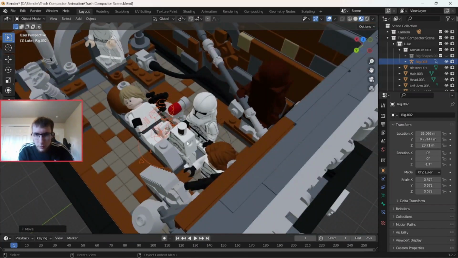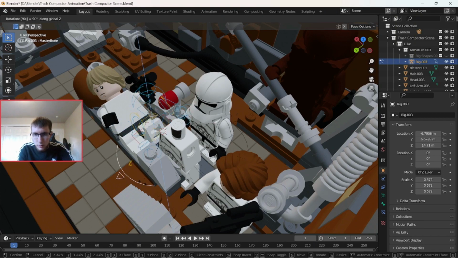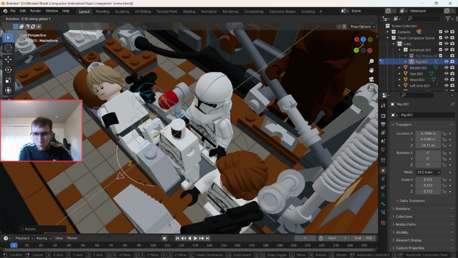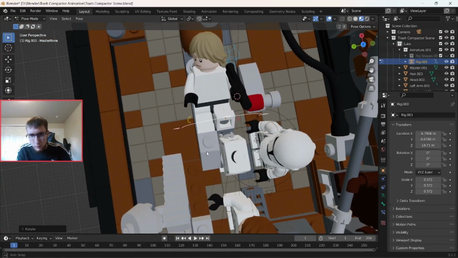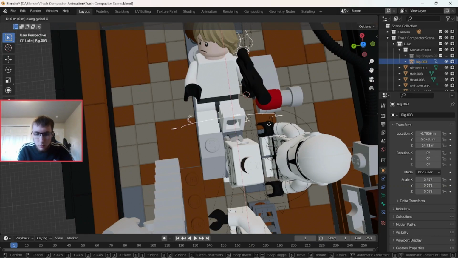So something like this. Then we want to do pose mode. Hit this green, Control Z, 90. And then we also want an RY of 90 since he's laying on his back. And what we want to do, go back into object mode, GY. And what we're going to try to be doing here,